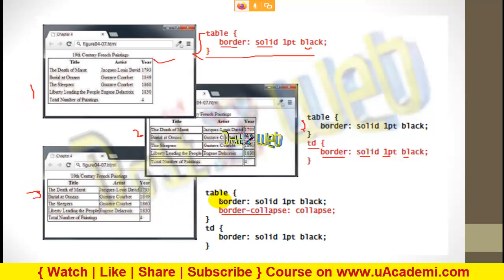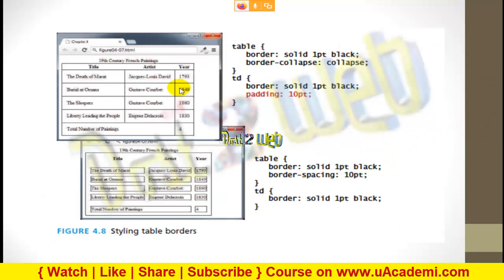Like this way you can use the styling for the table. We have further ways of styling the table. What are the things you can define? You can define padding as you want, padding 10pt. You can see here the difference. The space between the content and the cell edge, when you have content inside the cells, that is the padding, for 10 point.